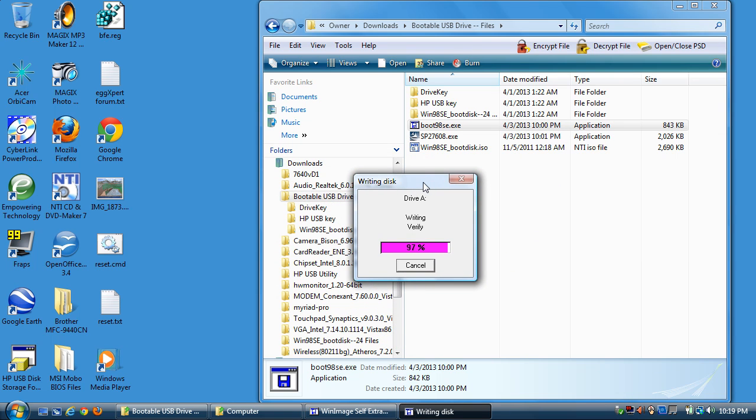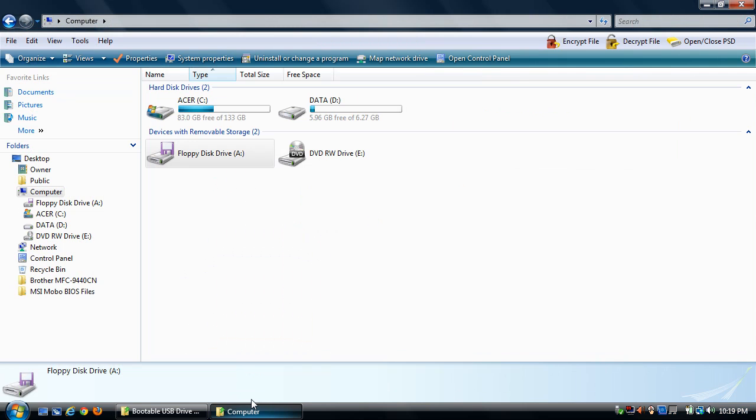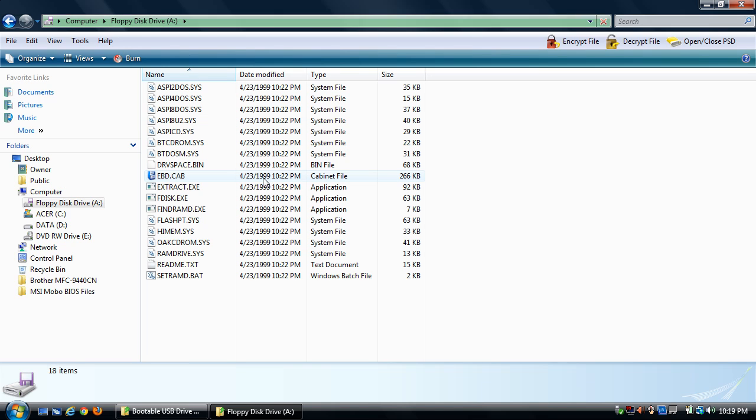Okay, now that we're back, we can see that the floppy drive is done writing, and you can double click on the floppy drive under My Computer and see that there's 18 items there. And if you don't see all 24 items, which there's supposed to be 24, you're going to have to go